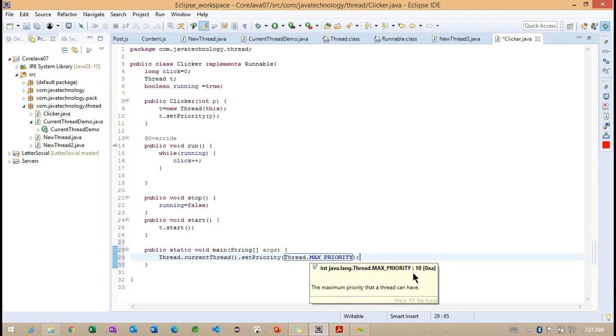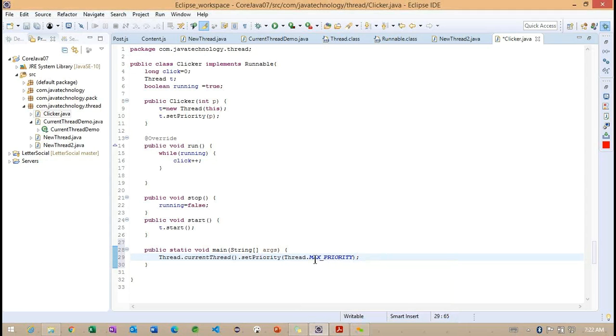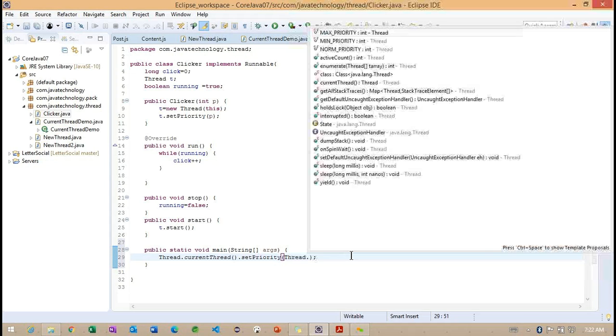You can observe the max priority value, how much? That is 10. We are able to see the value 10 here. Now I will explain: along with max priority we have two more priorities.